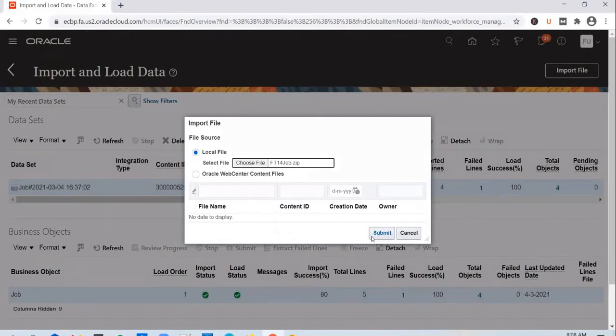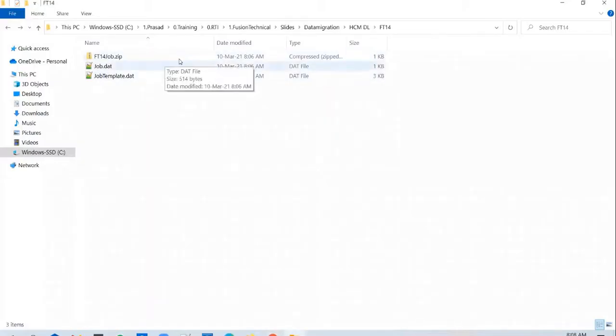When you click on submit, as I mentioned earlier, none of the loader jobs can read the file from your local drive. In FBDI also, there was a transfer file job that got triggered, which uploaded the file from our local drive into UCM.